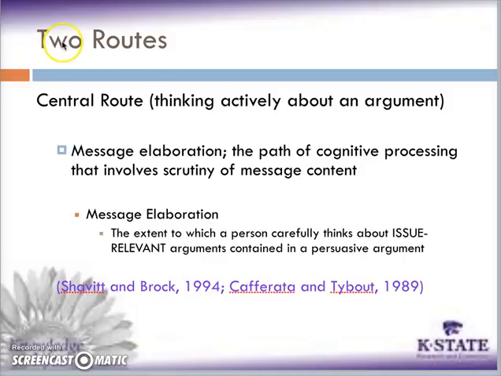I previously mentioned the two routes. Now let's talk about them further. The central route to persuasion is marked by high elaboration. Elaboration is defined as the process that relates information in a persuasive message to knowledge already possessed in order to arrive at new ideas that were not already present in the advertisement or stored in previous knowledge. The ultimate goal of elaboration is to judge whether the position taken in the persuasive message has any merit.